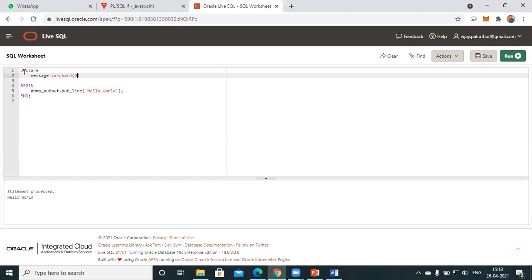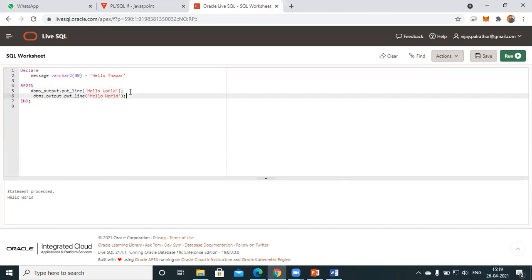Here you have to specify 30, which means the size of the variable. Here you can specify the value for that variable, whatever value you want. So you can write like here. Okay, so one line I am directly printing, and in another line I am just copying and pasting, and through the variable I am going to print, okay?